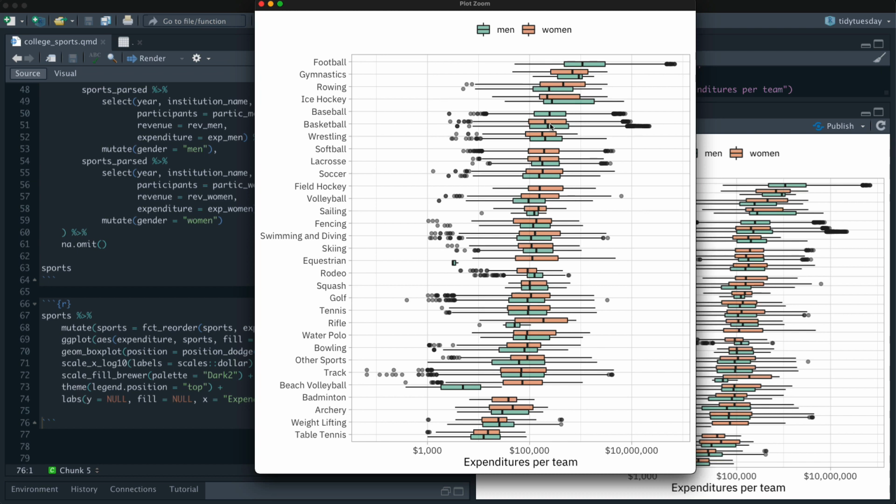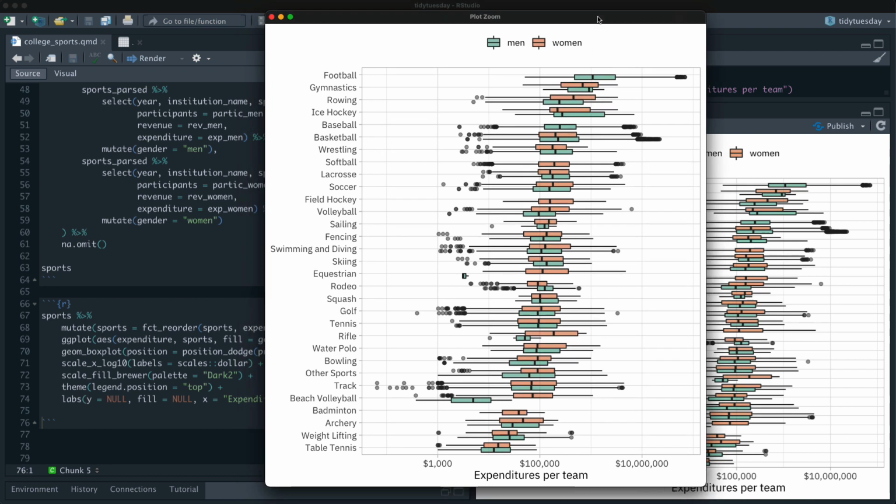And you don't get to a sport that only women play till softball, and it is below both of those by a fair amount. I guess we could combine softball and baseball if we treated those as the same. So there are big differences in the single gender sports, especially at the top end here, which, remember, is on a log scale. So this is like a bananas amount of money, just super intense.